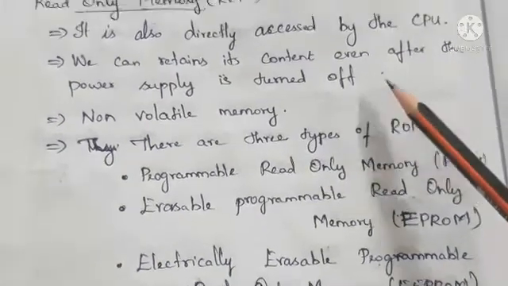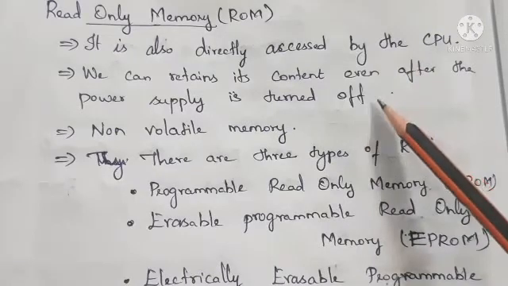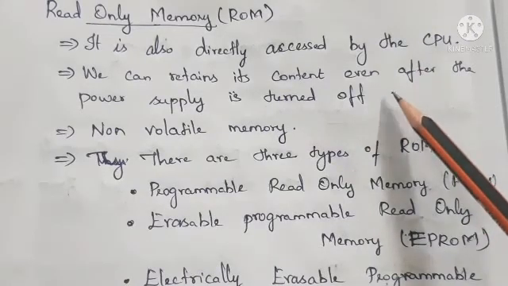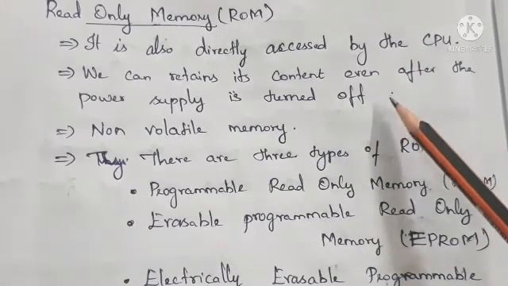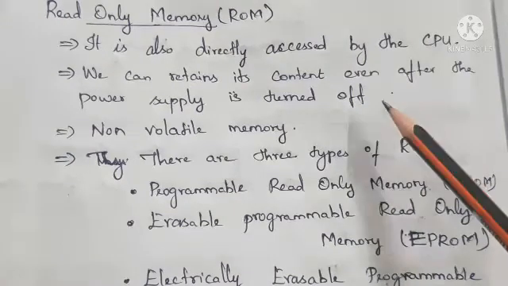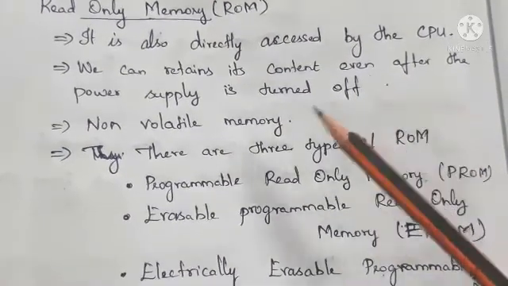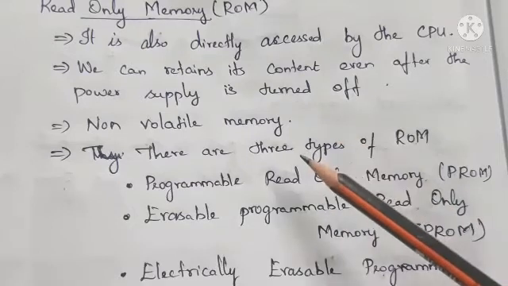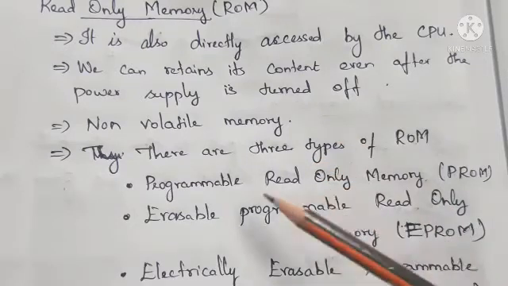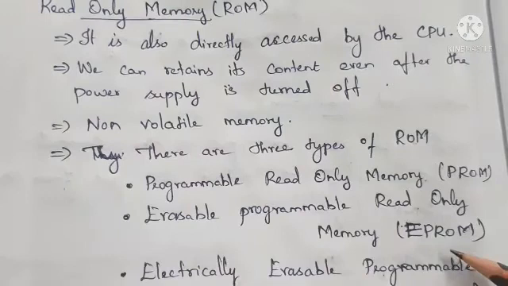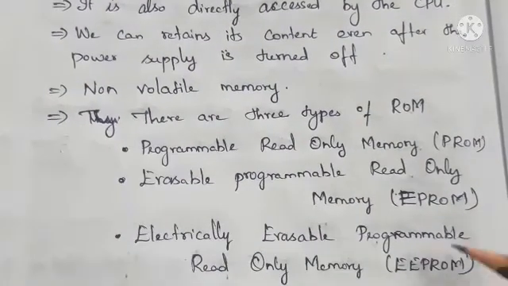So read only memory is directly accessed by the CPU, and even if the power supply of the computer is switched off, we can retrieve the data from this memory. This memory is called non-volatile memory. The ROM is divided into three types, that is PROM, EPROM, EEPROM. Okay, the next one,